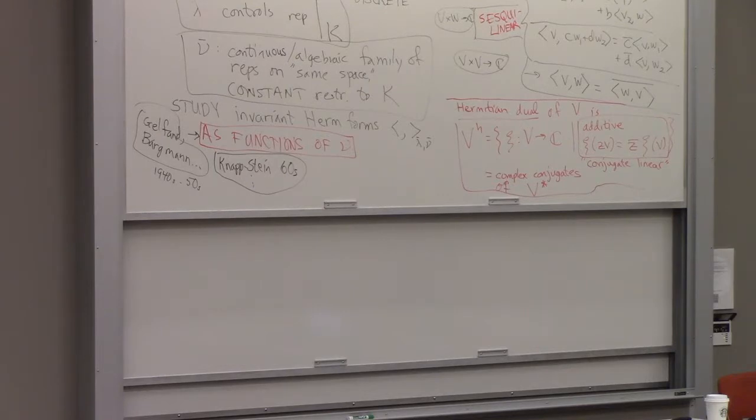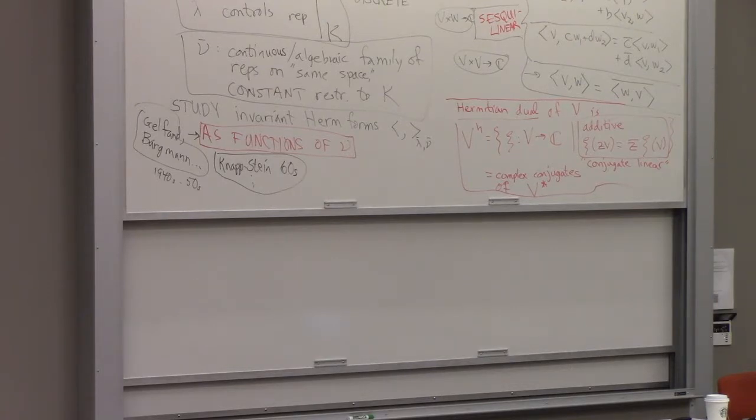Maybe I'll write them like this. T in Hom of V into the Hermitian dual of W, and these are the same thing as